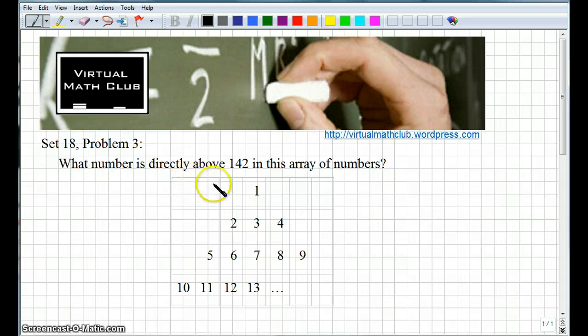And we're asked to figure out what number is directly above 142 in this array of numbers. Okay? So you can see 7 is directly above 13, and 4 is directly above 8. So if we were to list out all these numbers, they're asking what number is directly above 142. My hint to you is take a look at this triangle and look for patterns in